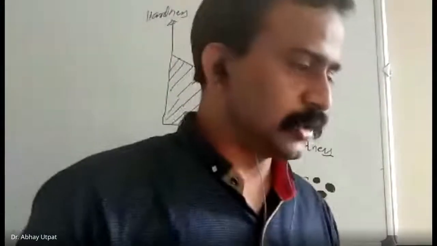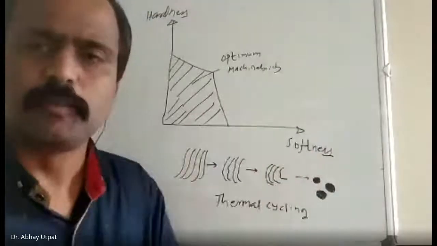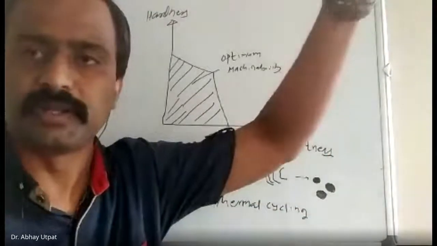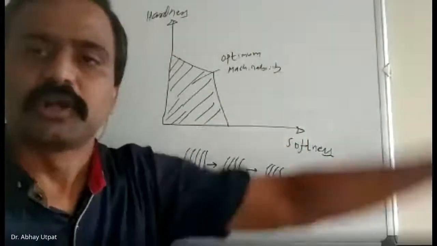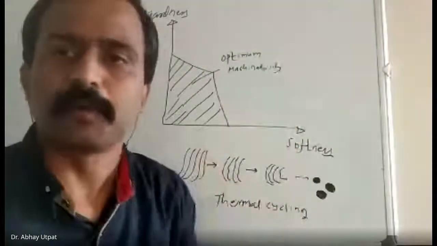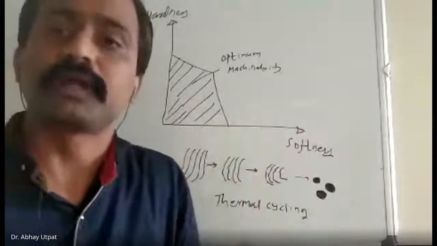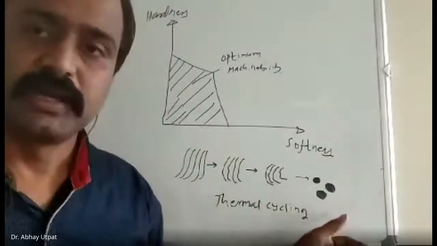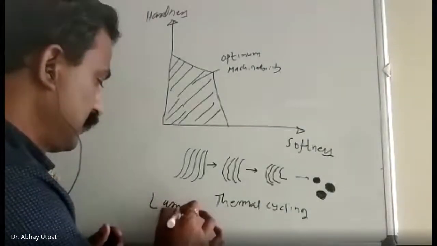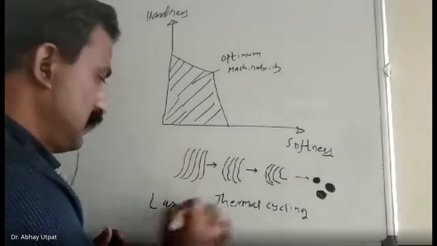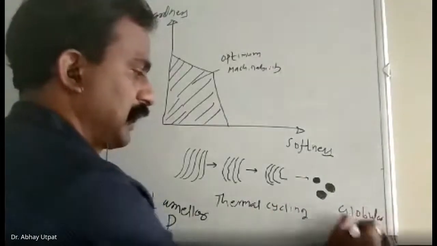Thermal cycling consists of normalizing, annealing, spheroidizing: a number of times heated above A1, soaked, cooled. Heated above A1, soaked, cooled. The continuous process is carried out a number of times, and this is called the spheroidizing process. It requires more time for conversion. And you will get, here you write lamellar perlite, and here globular perlite.